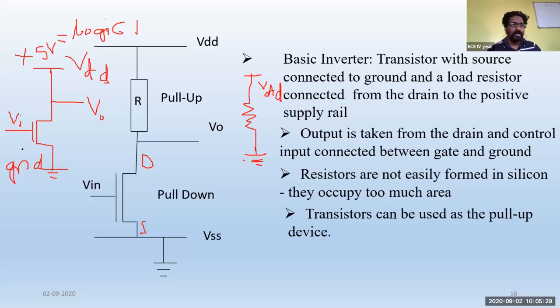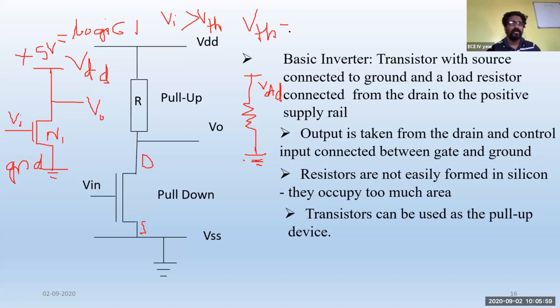Here, in order to turn on this NMOS transistor, I need to give a voltage which is greater than the threshold voltage. We know that whenever we need to turn on the transistor, your VGS, your input voltage, should always be greater than your threshold voltage. So what is that threshold voltage? It's the minimum voltage to turn on the transistor. So now let me assume that my threshold voltage is equal to 1 volt.